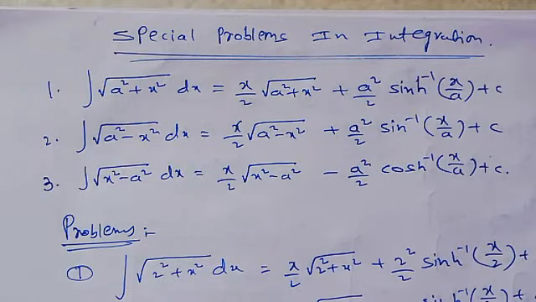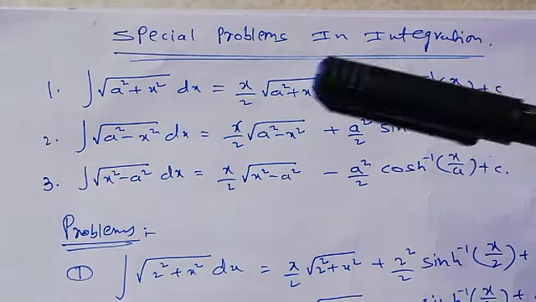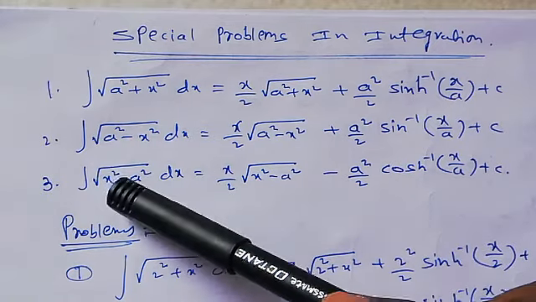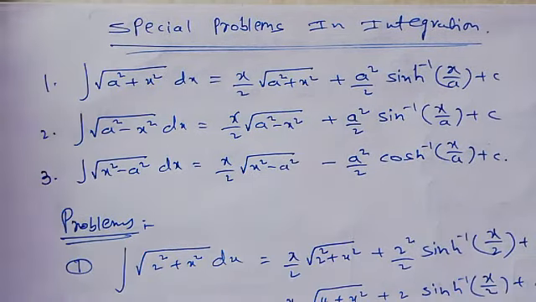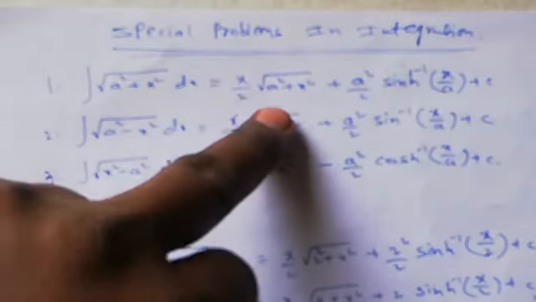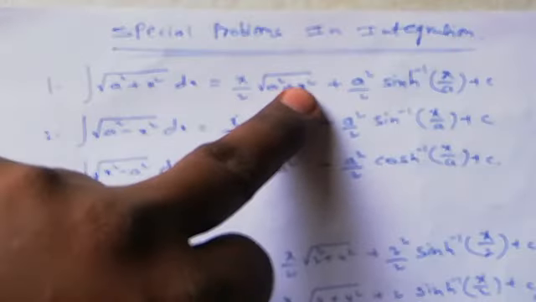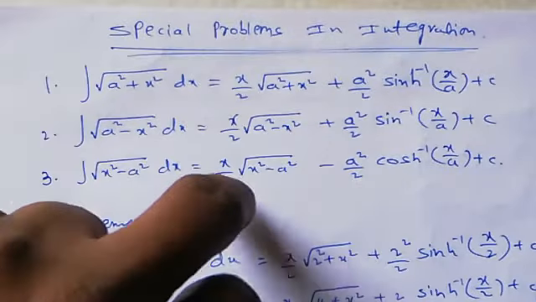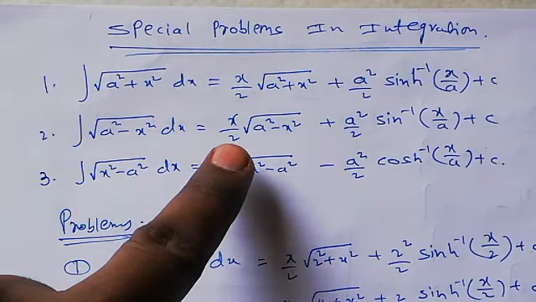Hi friends, today I am going to explain some special problems in integration. In the first one, you have to learn some formulas. First, the integration of root a square plus x square dx is equal to x by 2 into root a square plus x square plus a square by 2 into sinh inverse of x by a plus c. Second, the integration of root a square minus x square dx is equal to x by